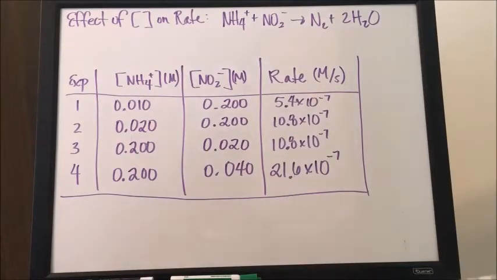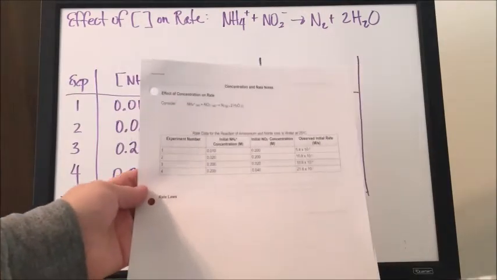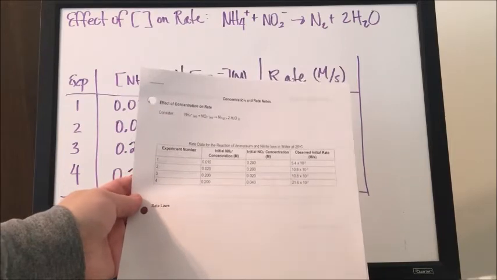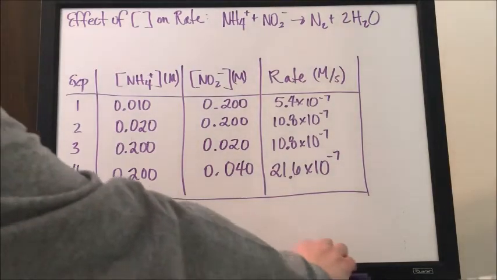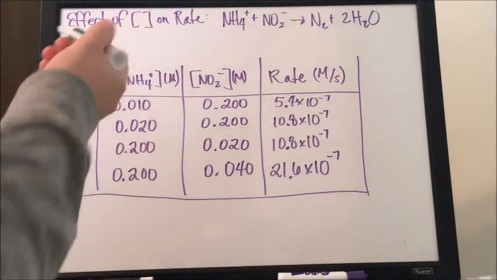Okay, so this is Chem 2 notes on concentration and rate. You have a packet, looks like this, and this is what we're going to be talking about today. Before we look too in depth at what's on the paper or what's on my board, which is just a copy of what's on the paper, this is a whole discussion on how we analyze reaction rate based on changing concentration. So somewhere up at the top of your paper, we're going to talk about